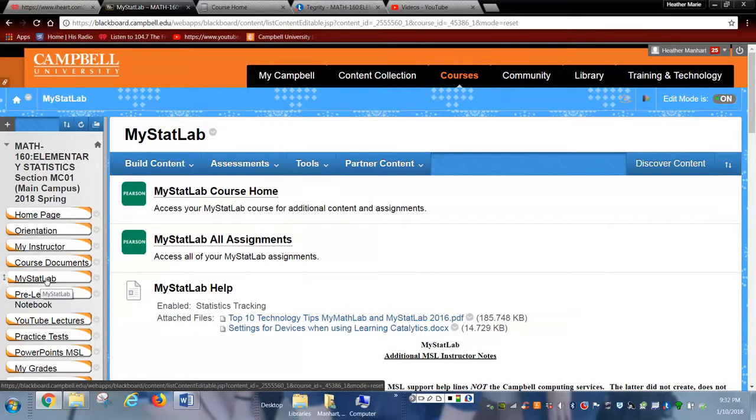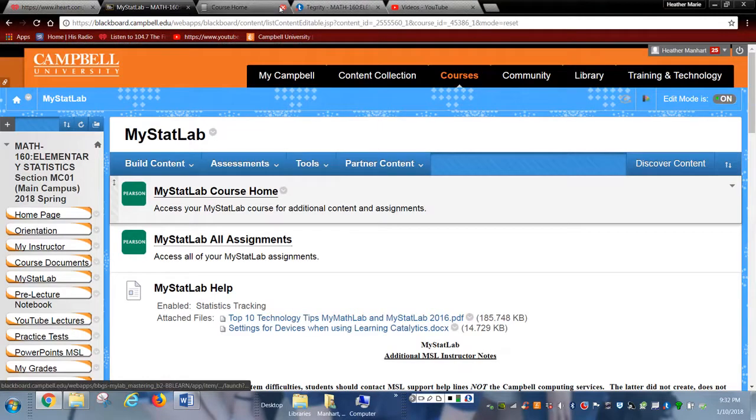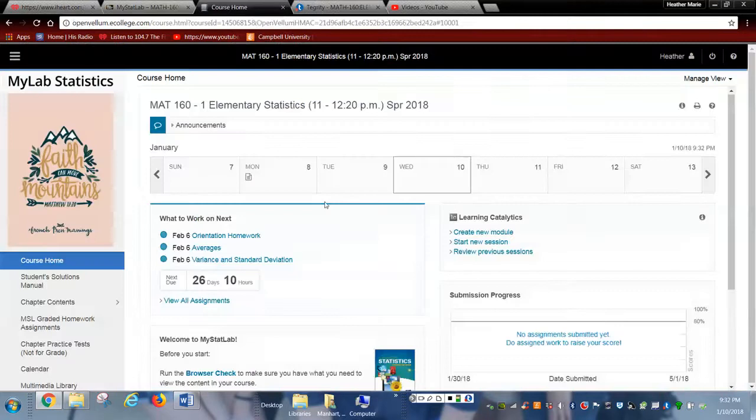So I highly recommend, especially if you're doing your assignments at home, go in through your laptop, go to your Campbell University website, Blackboard course, log in, and then go into your MyStatLab button and go here. And obviously that's going to take you back to your home page, which looks like this. Until you register in MyStatLab, until you're actually in my class, you're not going to be able to see any of these. You're not going to be able to participate in class, especially day one with the pop quizzes.